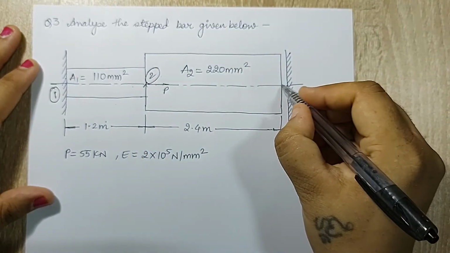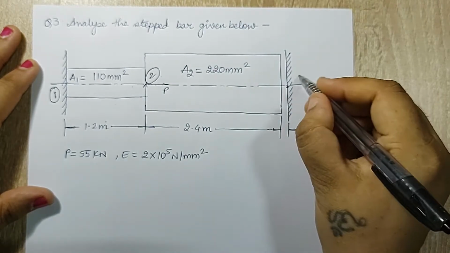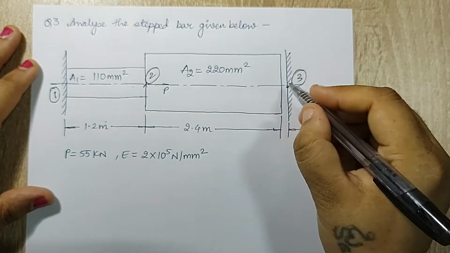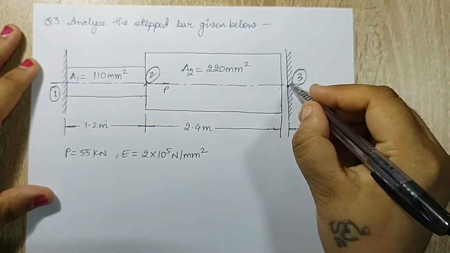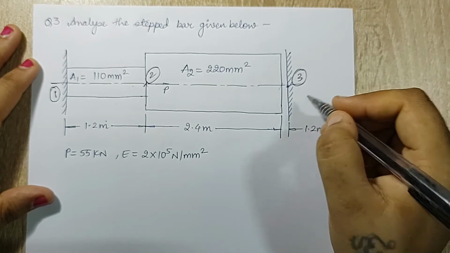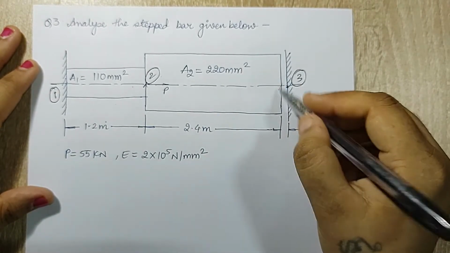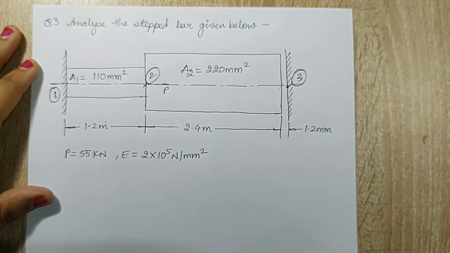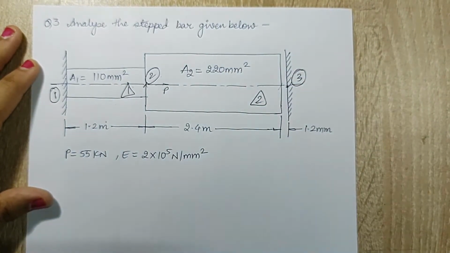I will not be marking a node over here because this end is anyways going to touch over here and form node 3. So there is no point in marking a separate node at this point. Ultimately these 2 points will become the same. Only then you can say the problem will come into existence. Hence the gap over here is to be filled up once the load is applied, and only one node is to be marked over here. This is obviously element 1 and this is element 2.